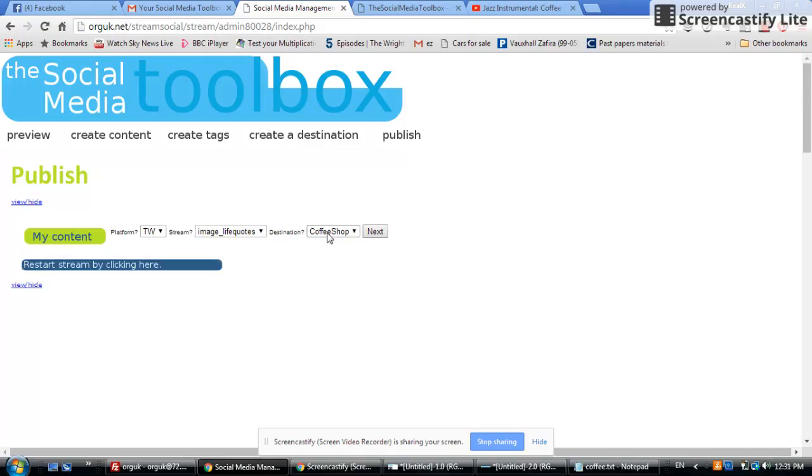Here, the destination is the coffee shop, and that's what we created when we set up a destination. It is possible to create multiple destinations. So if you had 100 Twitter accounts, for example, you could have 100 destinations and they would all be listed here under the destinations, but that'll be covered in an advanced video. So I'm going to click next,